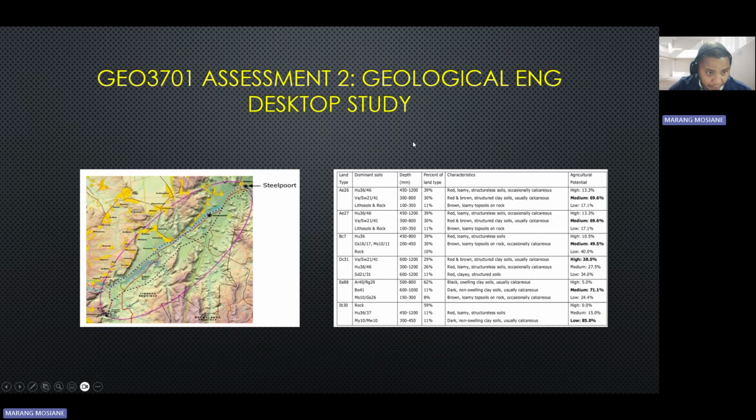quartzite. Now, according to our land types, the type of soils that we will be finding, in accordance to what is needed in the lab for us to test, we found that the majority is clay soil in accordance to this table. Now this map is derived from Steelpoort, which is at least southeastern side of where our